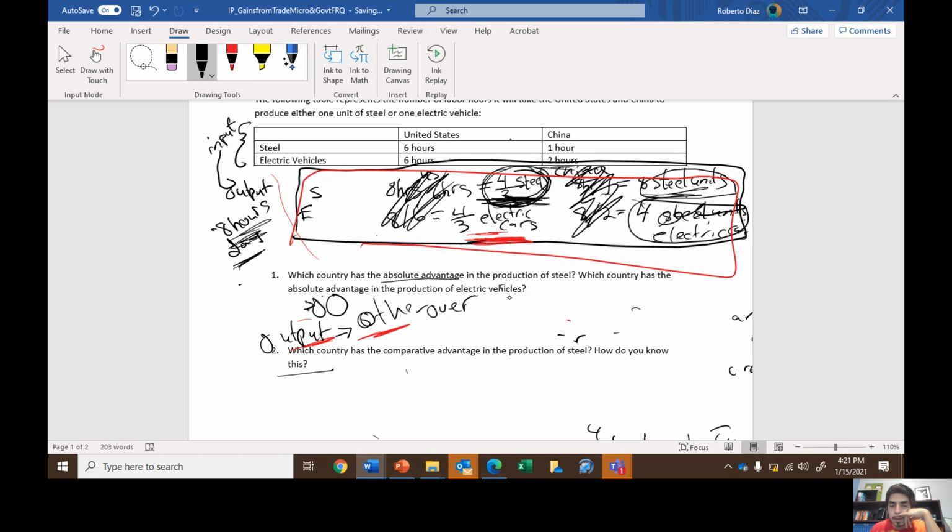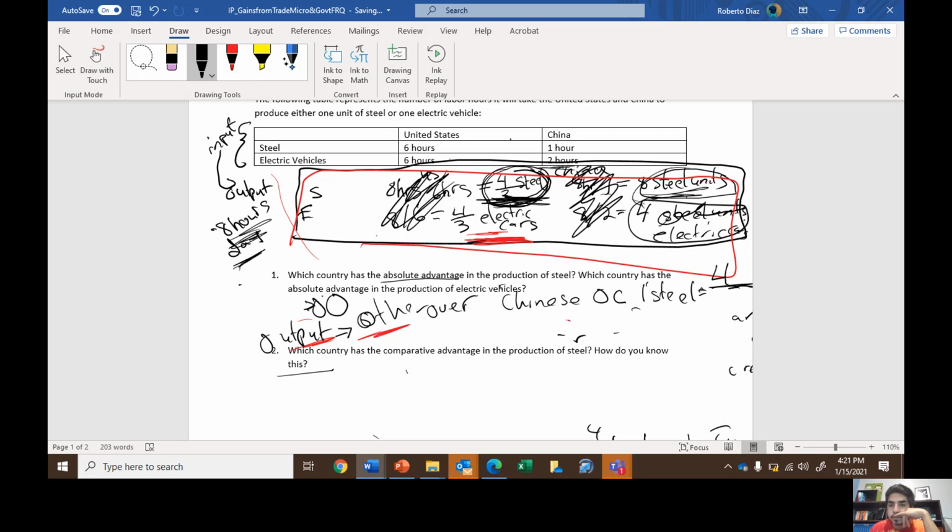So let's say we want to find the Chinese opportunity cost of producing 1 steel unit, right? 1 steel unit. Then we put the other value, so what you give up. So 4 electric cars